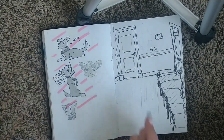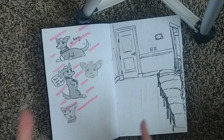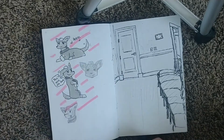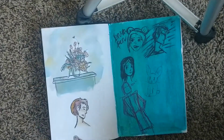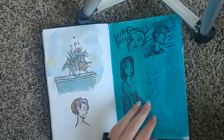And then I drew my doggy. I'm very bad at dogs and cats. I'm good at horses, which I don't have any, but I think that's the closest I ever get to my dog. She looks like a rat. She's very ugly, and we love her. She's ugly enough that it's cute. I really liked that flower thing. It was a good